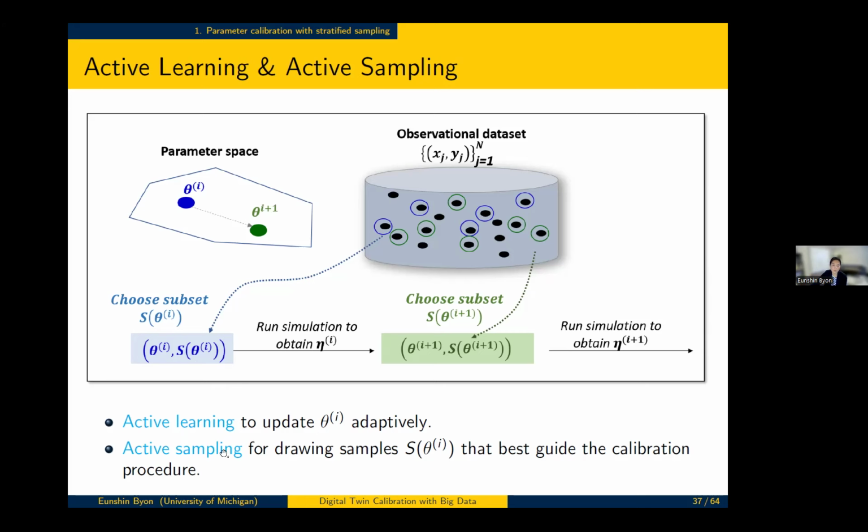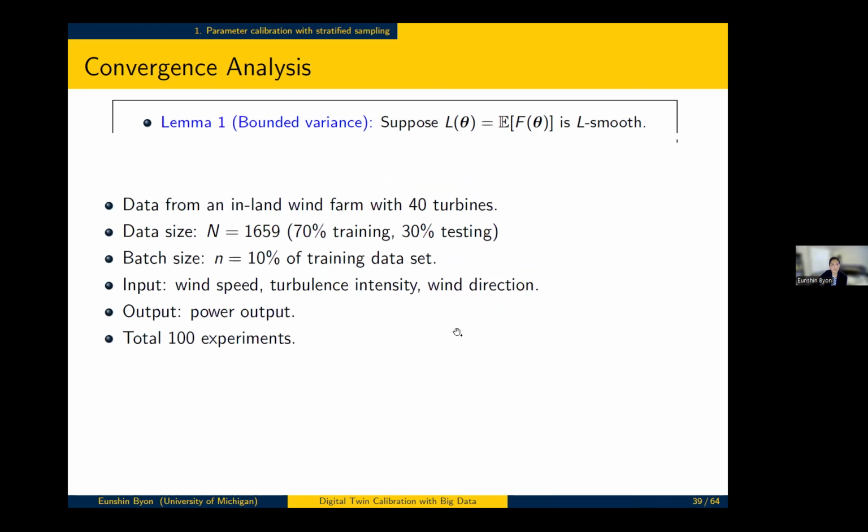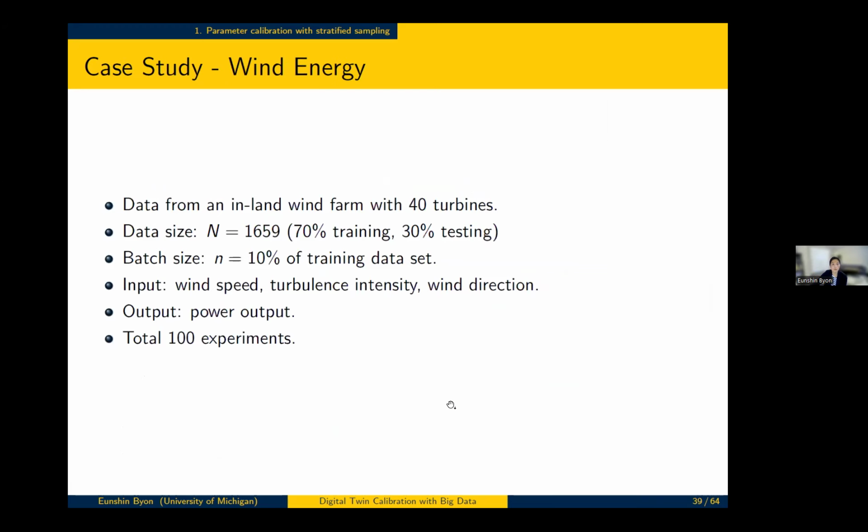And this active learning and active sampling are integrated together. Okay, and we have some convergence analysis, but I will skip the details for the sake of our time. And we apply this procedure to the actual data collected from wind farms. This is the data from an inland wind farm with 40 turbines, and we use